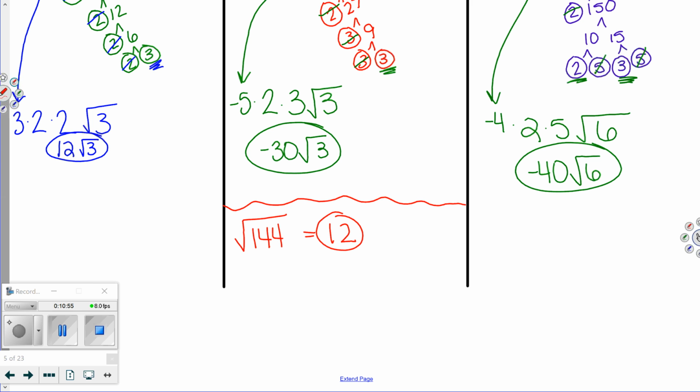But if you did not recognize that and you jumped right into your factor tree, I want you to see what happens, right? So that's 12 and 12, 2 and 6, 2 and 3, 2 and 6, 2 and 3. Obviously, make sure you are circling your prime numbers to make sure that you don't accidentally reuse numbers you shouldn't, and cross them off as you go. I see a pair of 2s. I see another pair of 2s, and a pair of 3s,